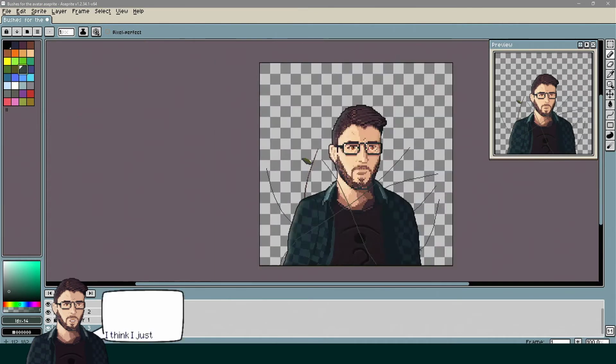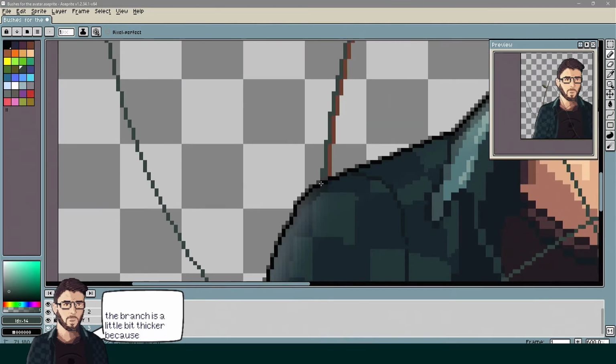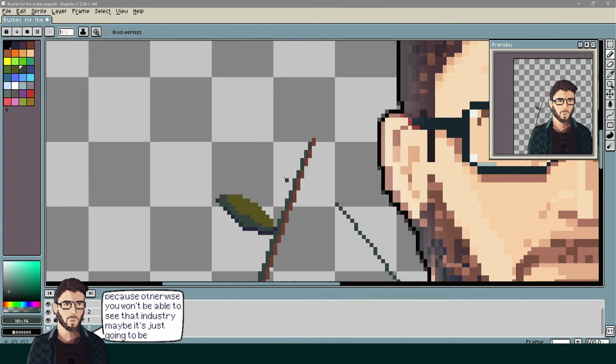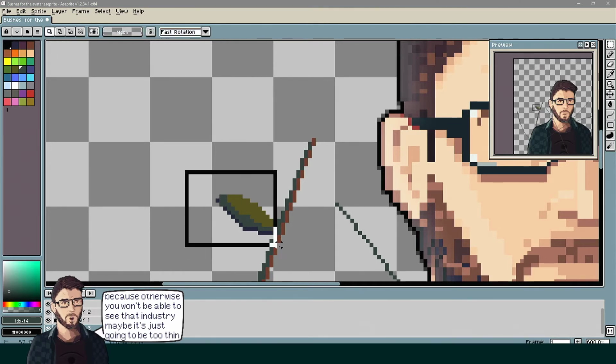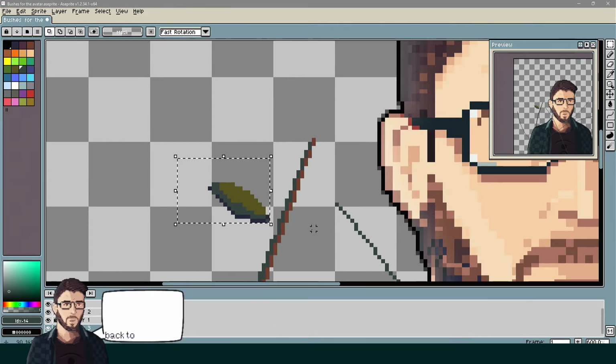No, I think I went a little bit too far on the brown sections here, but I also need to make the branches a little bit thicker, because otherwise you won't be able to see that in stream. It's just going to be too thin, and at the same time I'm just ruining the leaf here. So let me pull it back to this side,